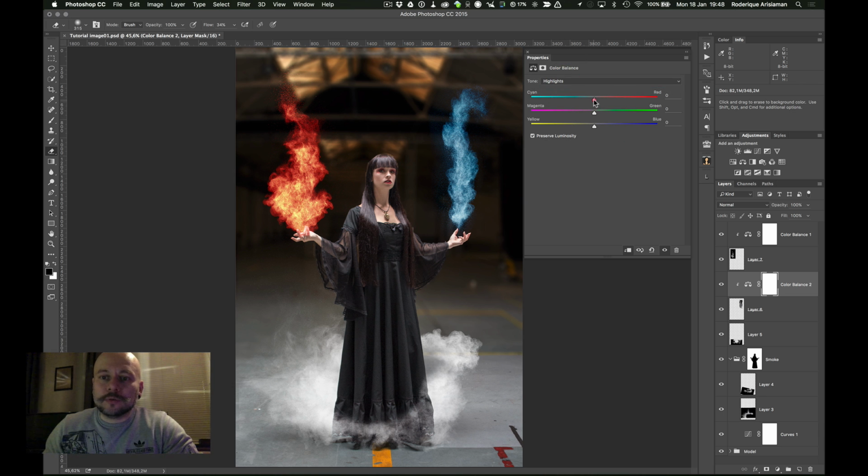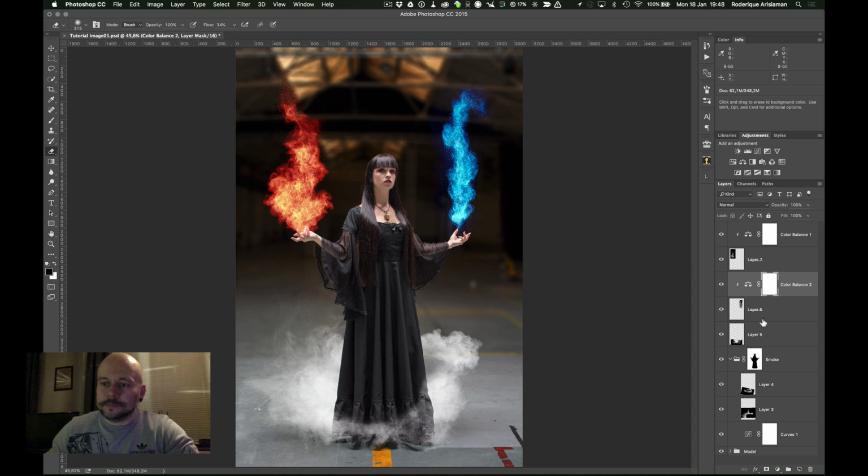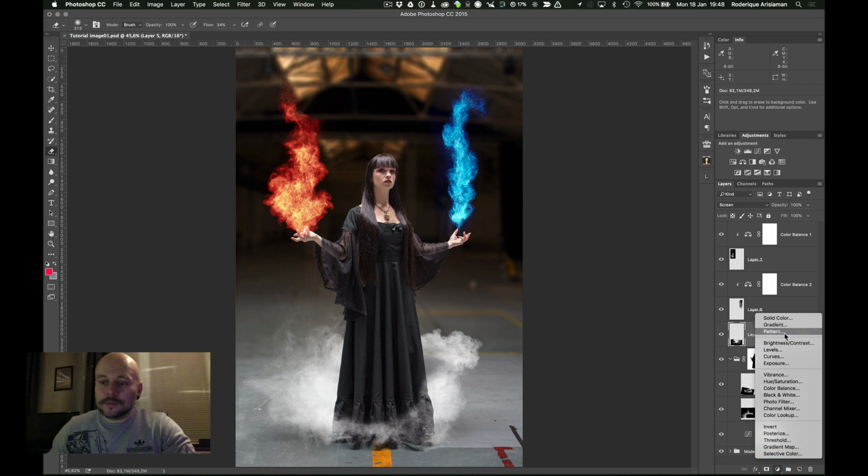For the highlights, I'm going for a stronger blue, more cyan, and maybe even pull up a bit in the shadows. No, that's too strong. Kind of like it. That's okay. So there we have the other plume. Simple and easy. And you can just repeat that for all the different layers you have, like